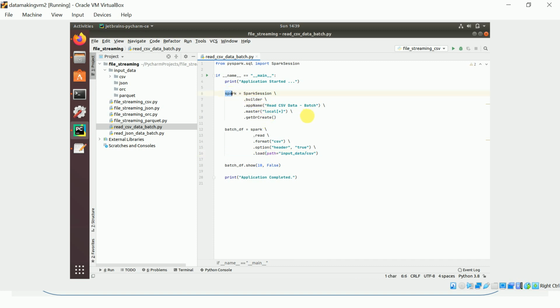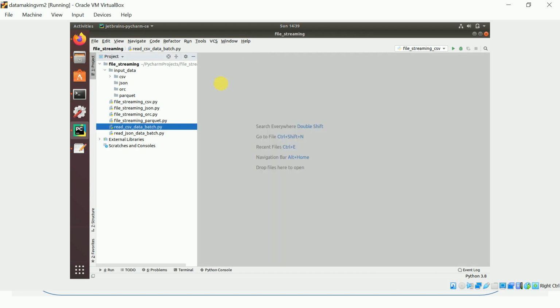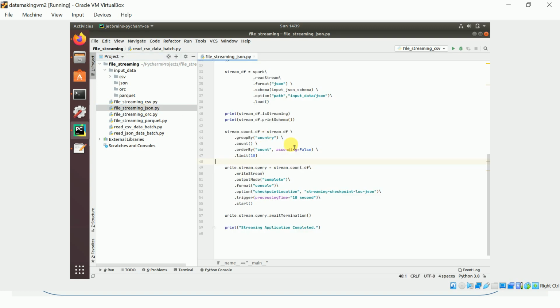See here, we are getting a Spark session object and calling Spark session object dot read. In the streaming program, structured streaming, we say readStream. In batch, you just say dot read, with the same format CSV and header equal to true, and you give a load of path. So it's the same as the streaming program; the main difference is that instead of readStream, we use read in the batch program. I just want to show you this. Fine, we'll go on to the next program, which is file streaming for the JSON file format.